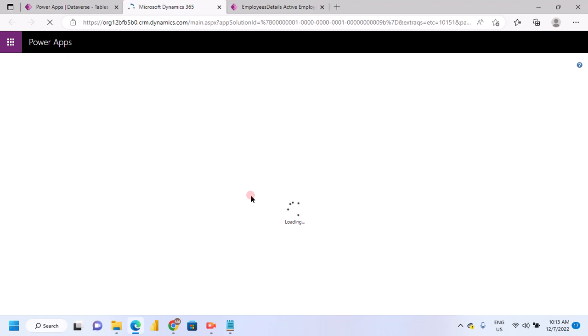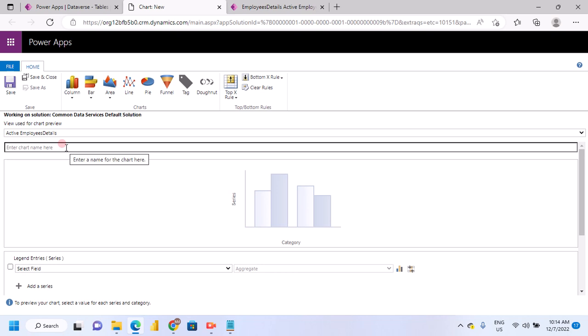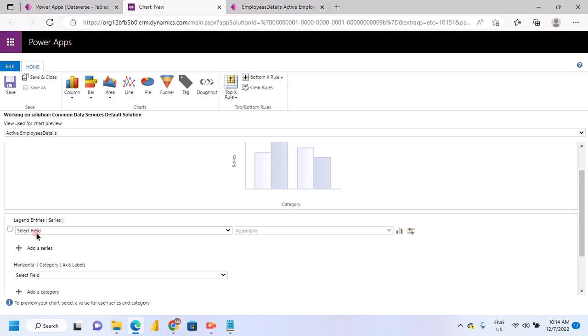Here is our chart name, the active employee table details, and here we select the field, the first name, employee ID column, count all, and add series,